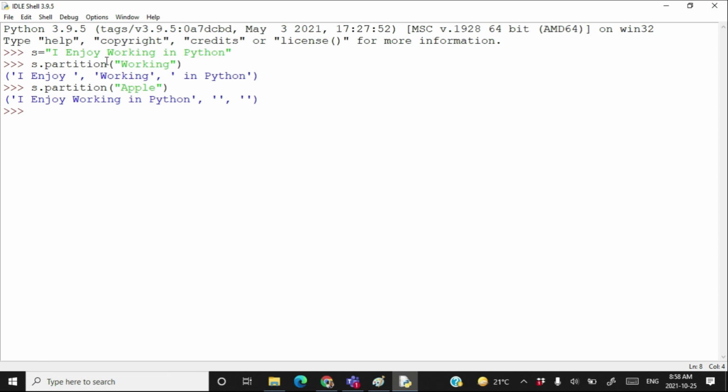The split method splits the string on any number of occurrences of the given argument. Wherever the string working appears, a new element of a list gets created at that point. But in partition, we are creating a tuple with only 3 members: the part of the string on the left of the separator string, the separator string, and the string at the right of the separator string.